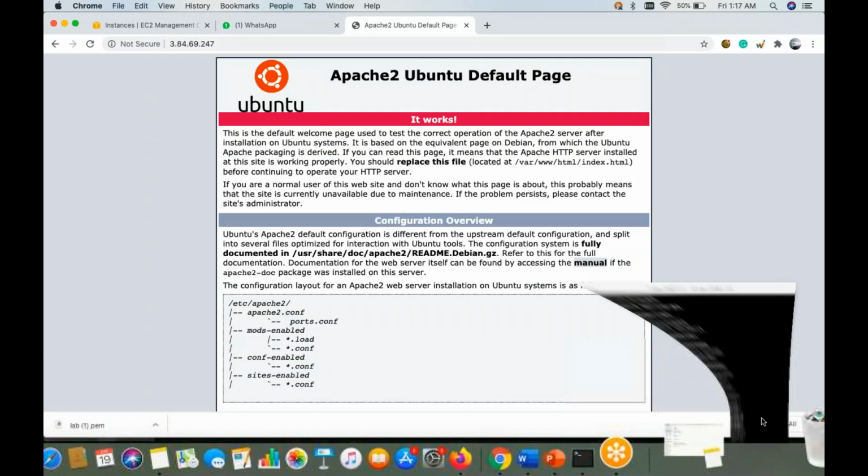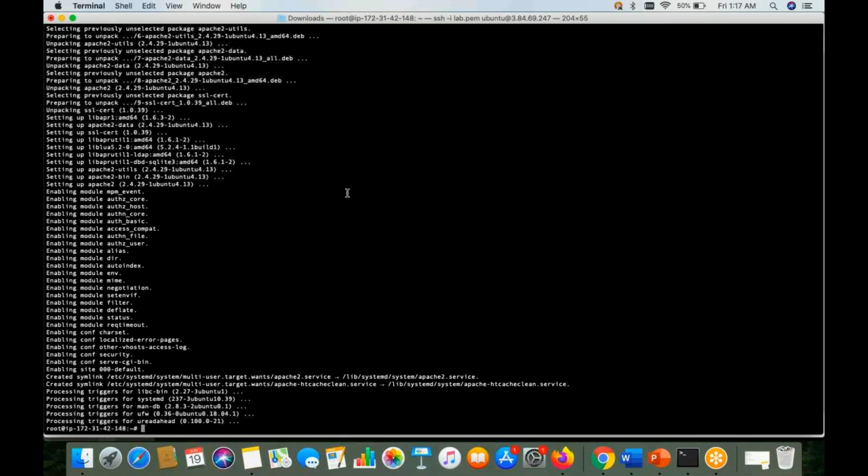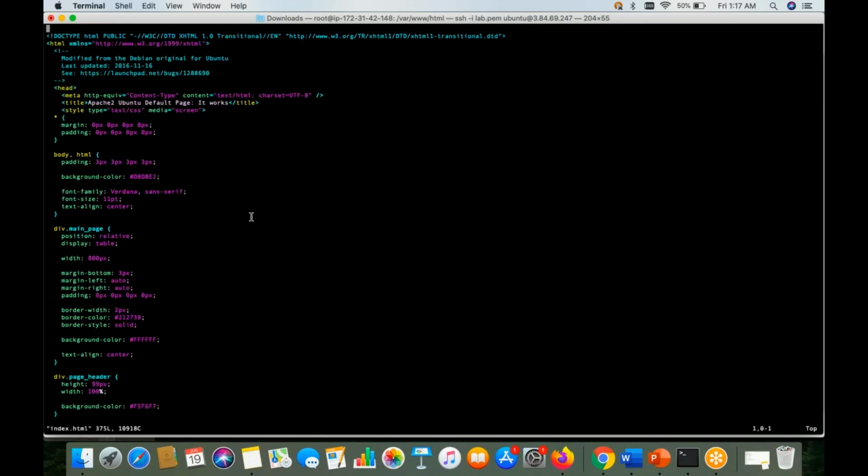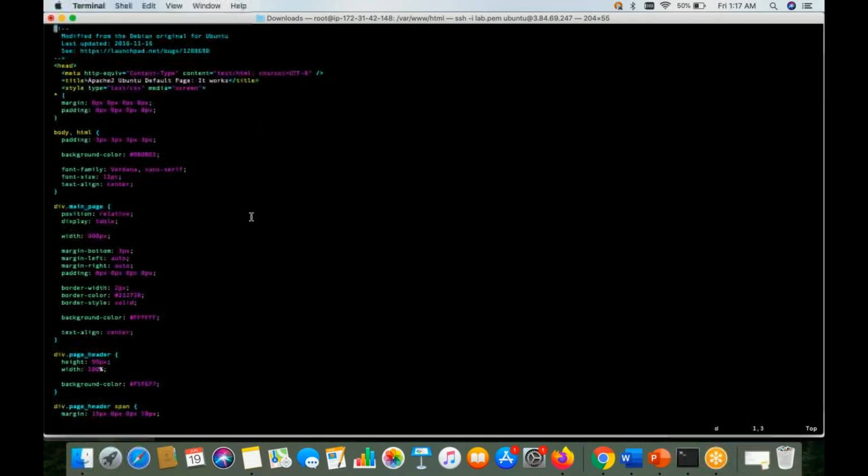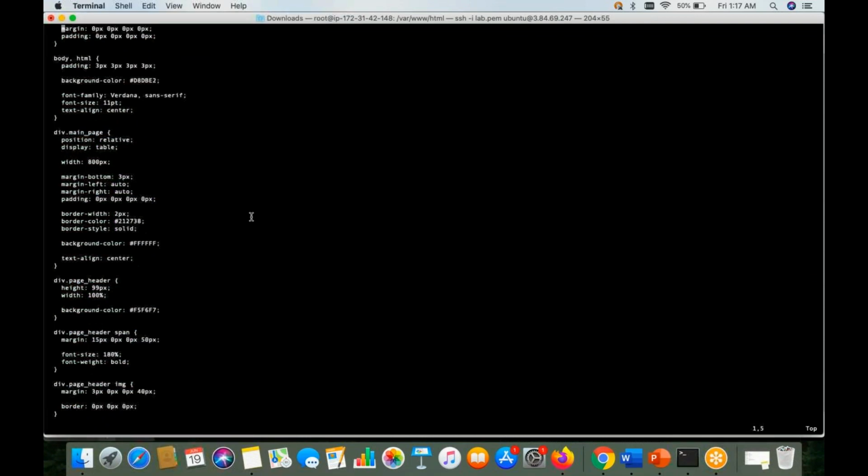Like if you go here, let me clear the screen, so that will be cd /var/www/html. ls will show the listing of the directory. So vi index.html. This one I want to change actually, just to show you guys. So let me delete everything inside.